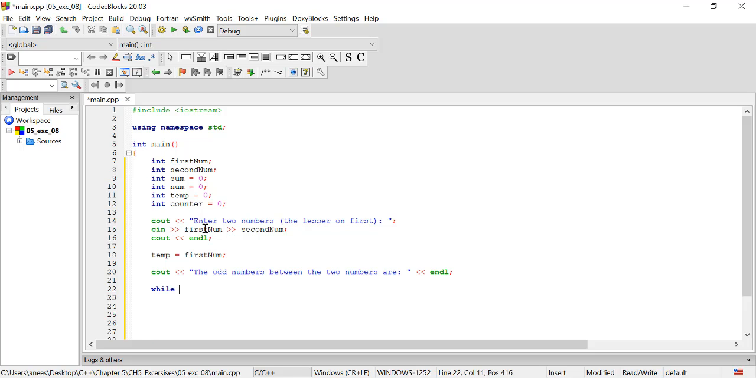And while, here's the part where we output all odd numbers, and while temp is not equal to second num, we write in temp plus plus, and if temp % 2 is not equal to 0,